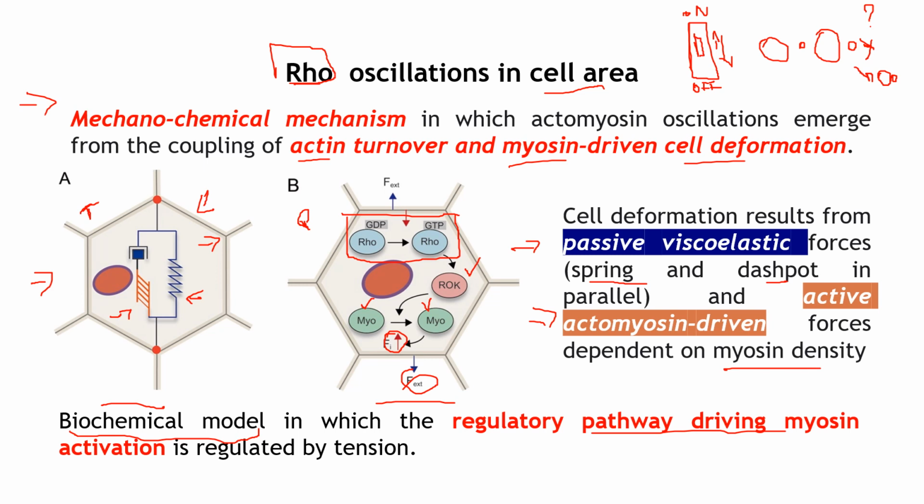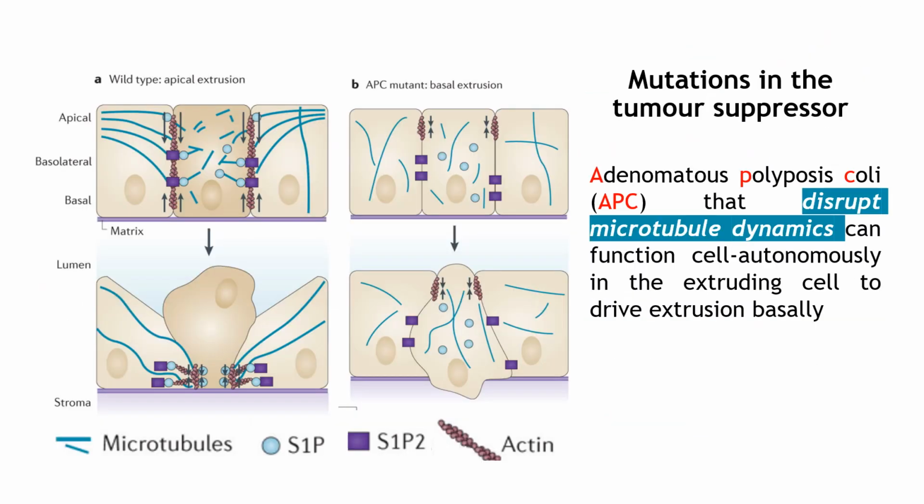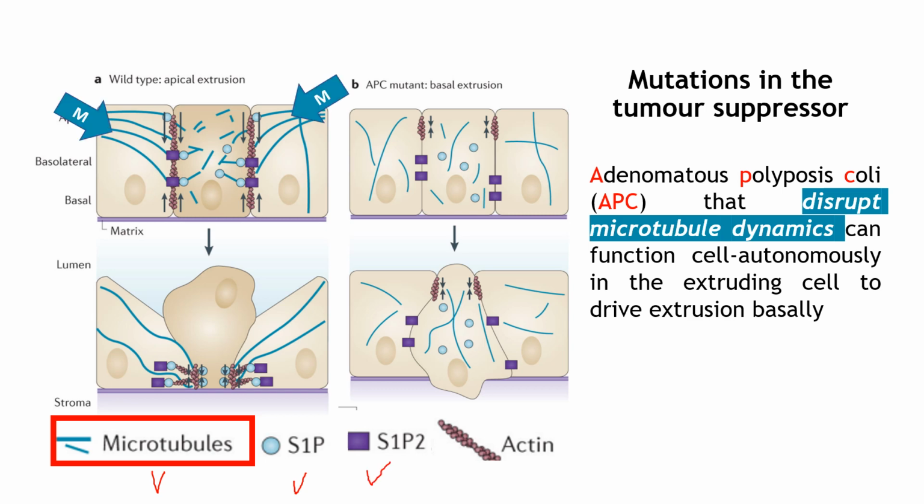But remember, Rho is very important for this process of extruding basally the cell. And I just said Rho in the class, but again, as usual, if we zoom out, there are many molecules involved in that. Okay, so now that we understand what happens in normal cells with the microtubules, and what happens with the cells with S1P and with the S1P receptor, and now that we understand what happens with the actin,